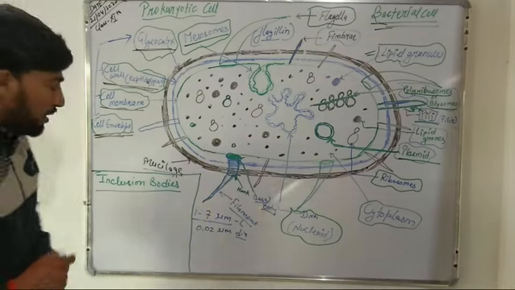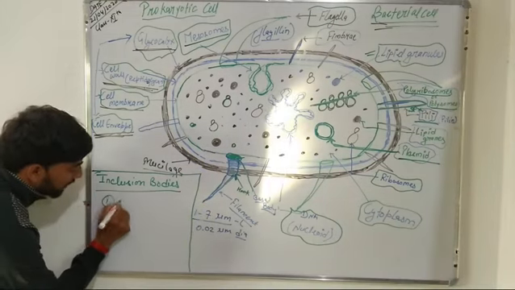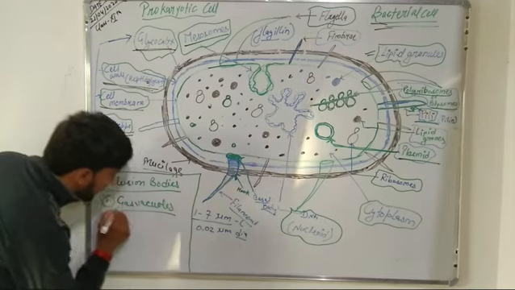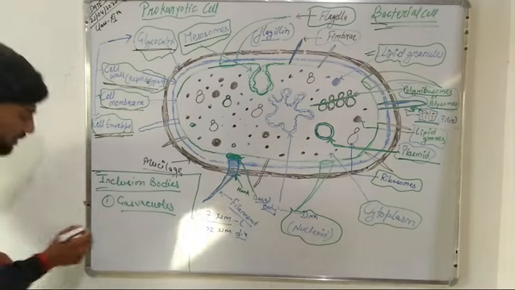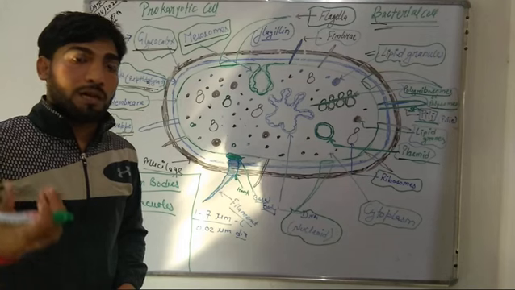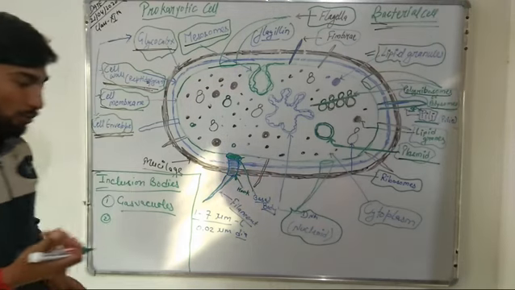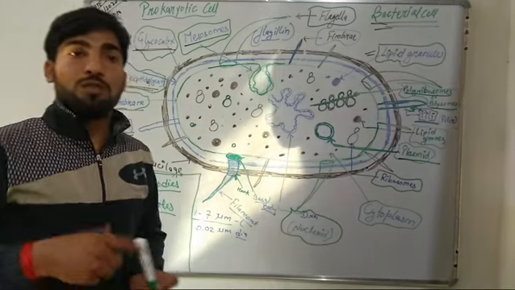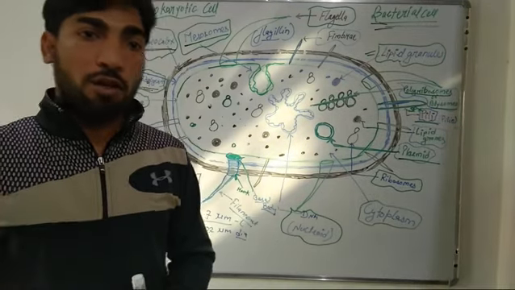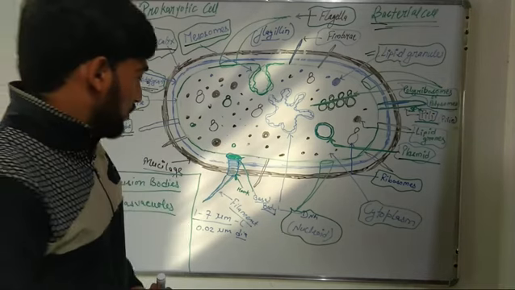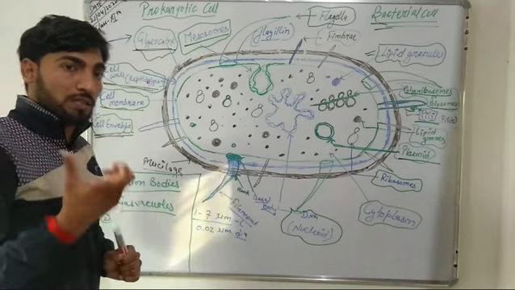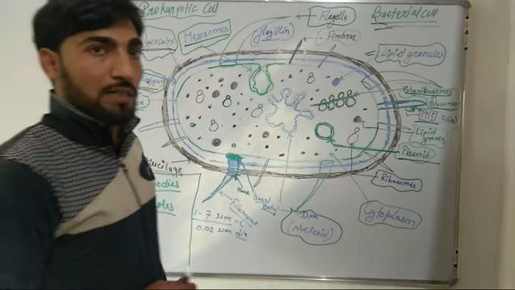For example, the gas vacuoles present in bacteria are a type of inclusion bodies. Some inorganic inclusions present in bacterial cells include the sulfur inclusion bodies, the iron inclusions, the phosphate inclusions, the volatile inclusions, etc. So in this way, these inclusion bodies are responsible for storing the reserve food material of the bacterial cell cytoplasm.